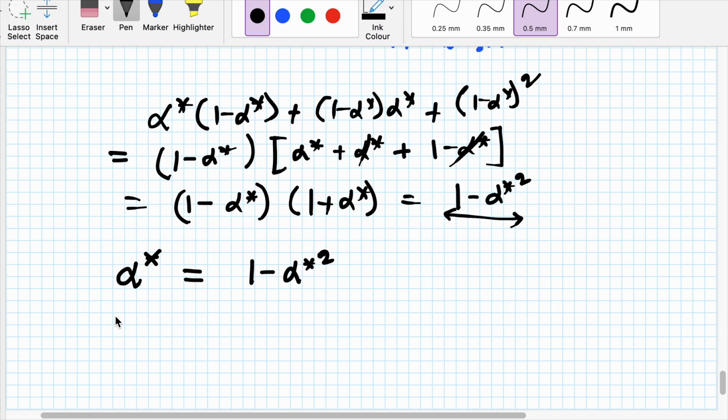So that means 1 minus alpha square equals alpha, if I solve this,